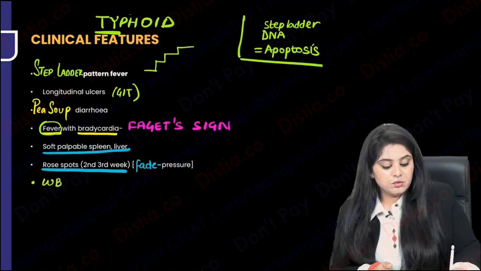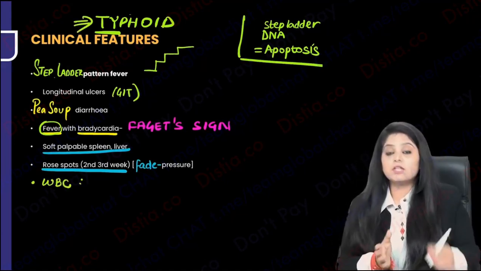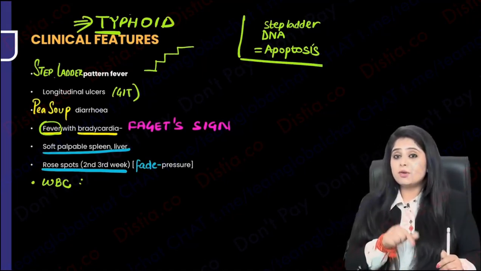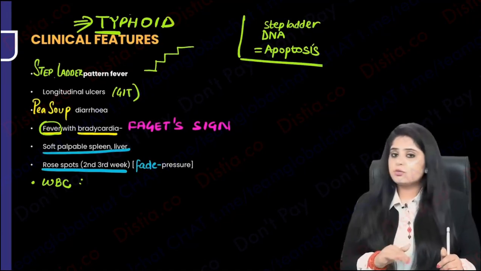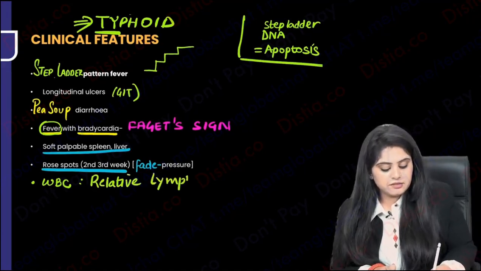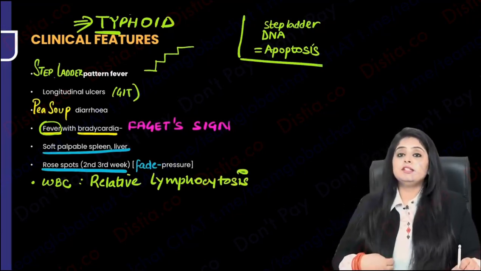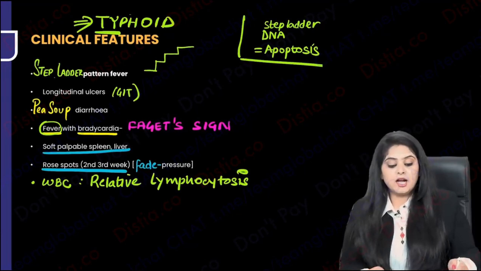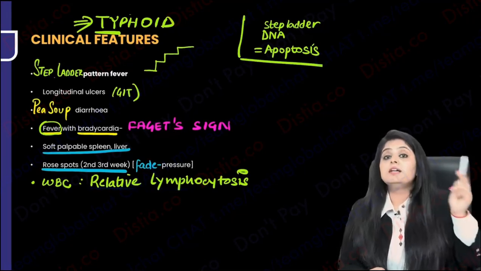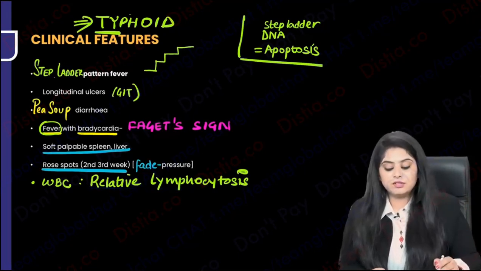Similarly, on a blood test, you will say, ma'am, it is an acute infection. In acute infection, what cell goes up? Neutrophils go up. But remember, in pathology, I taught you this is an exception. Here, the neutrophils are not going to go up. Here, there's going to be relative lymphocytosis. So again, an exception. I was expecting the heart rate to go up, but that went down. I was expecting the neutrophils to go up, but the lymphocytes went up. That is typhoid.